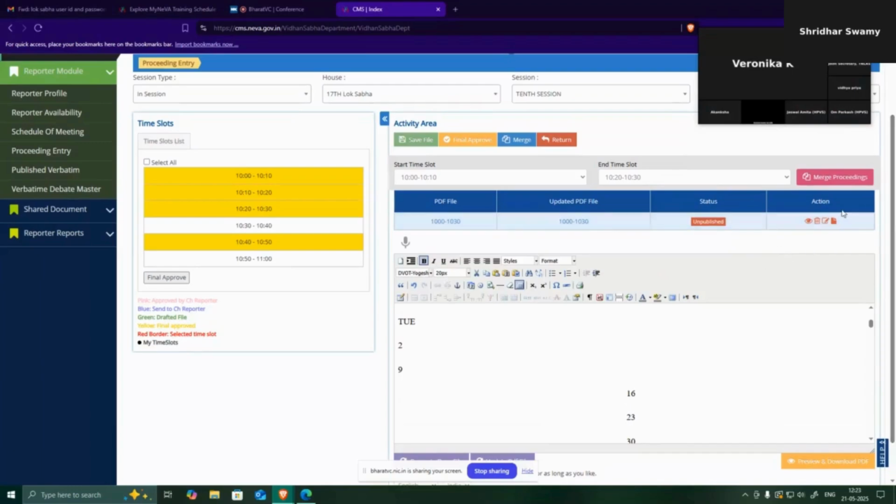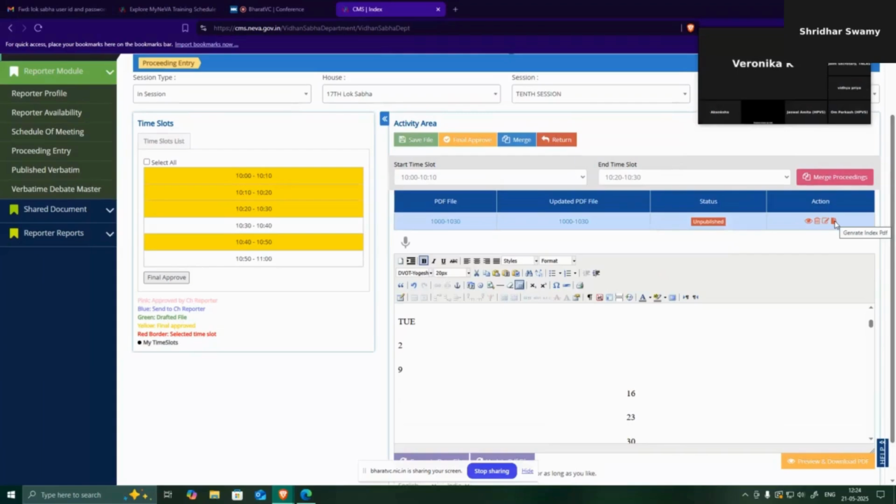We have another provision suggested by some SME, like Gujarat has done the indexing of the proceeding. So we have added an important feature. This feature is also in the testing phase of some assemblies. We have added this recently. When you click on the generate index PDF, it will automatically generate the index according to the text which the reporter has entered. So